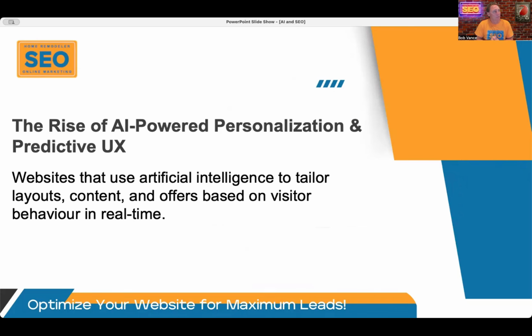Let's go ahead and talk about the rise of AI personalization and predictive user experience tools. What we're talking about here are websites that use artificial intelligence to tailor layouts, content, and offers based on visitor behavior in real time.